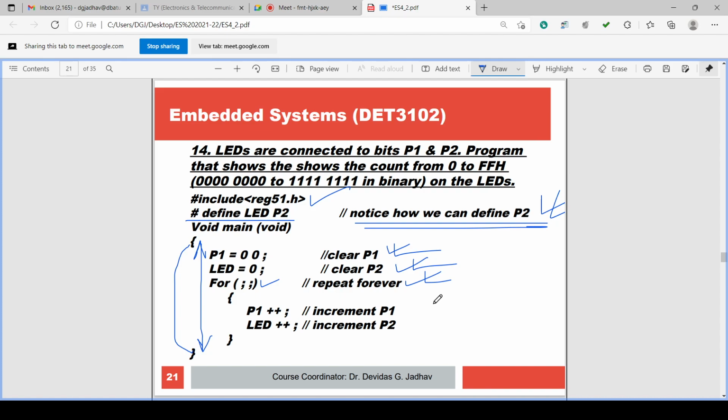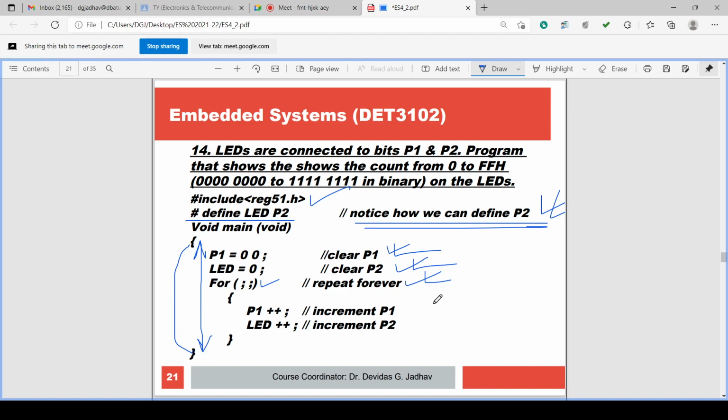Okay, so instead of incrementing some Z variable or X variable and assigning P1 equal to Z, P1 equal to X, isn't it? In one program we increment Z: for Z equal to 0, Z less than or equal to 255, Z plus plus, and P1 equal to Z. So Z is assigned to P1.